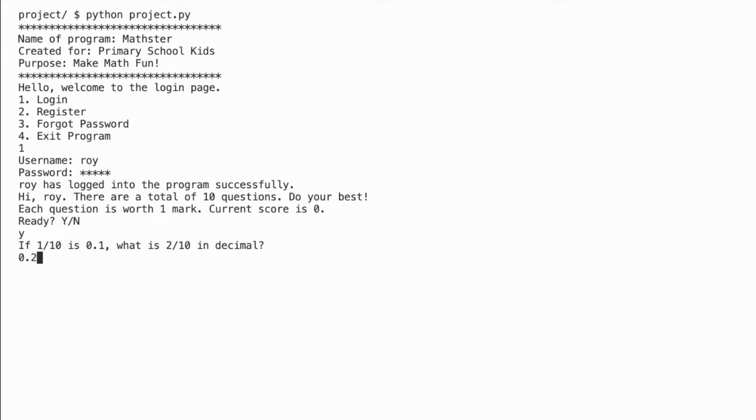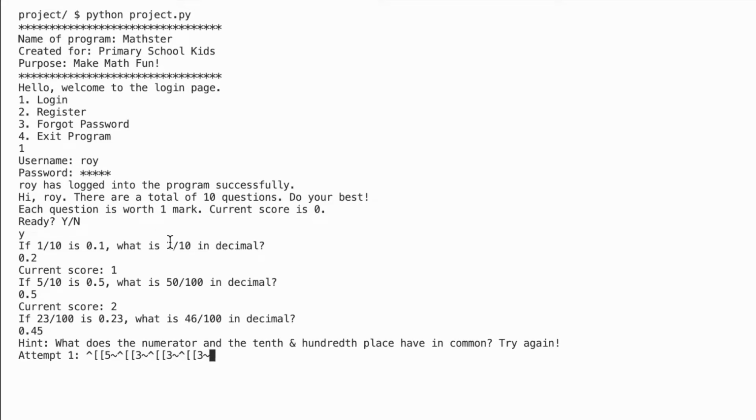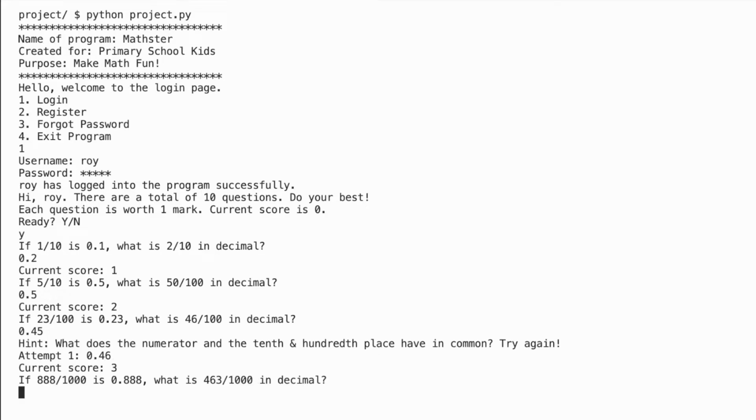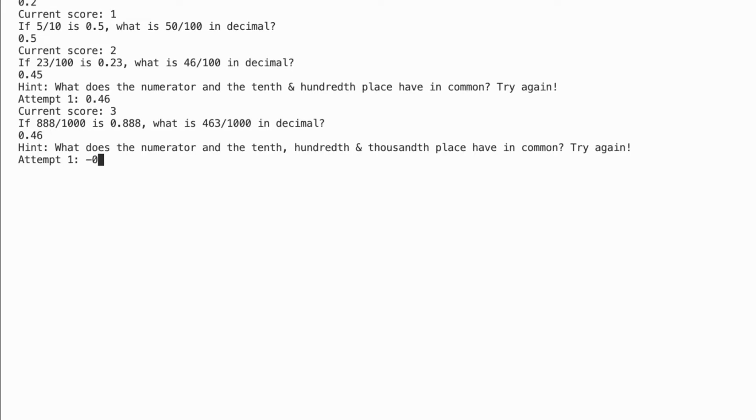Answering the questions. Let's say you run into a difficulty, you're not really sure how to do the question, and you type in the wrong answer. Typing the wrong answer will result in a hint being prompted and attempt number 1. Answering it correctly will result in an addition to your current score, and so you will actually not get that question wrong. However, if you were to answer the questions incorrectly all the way,